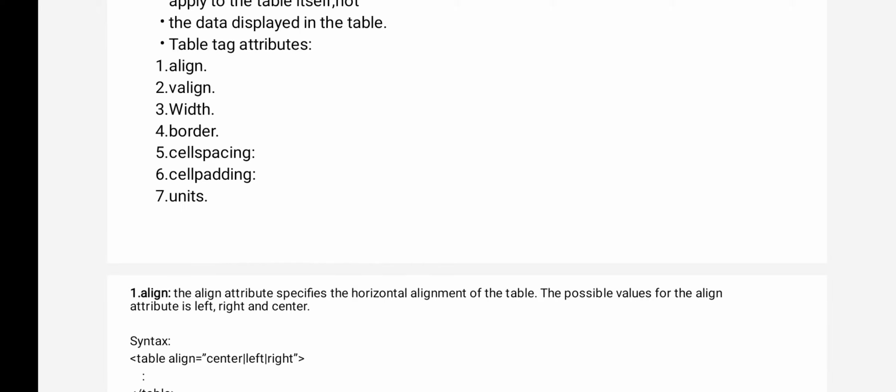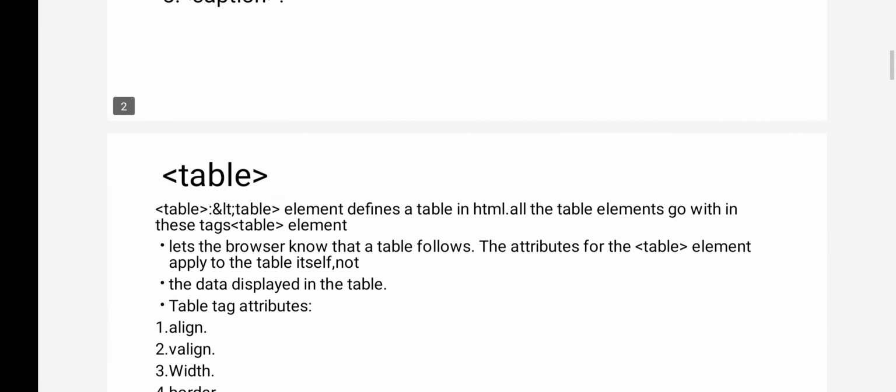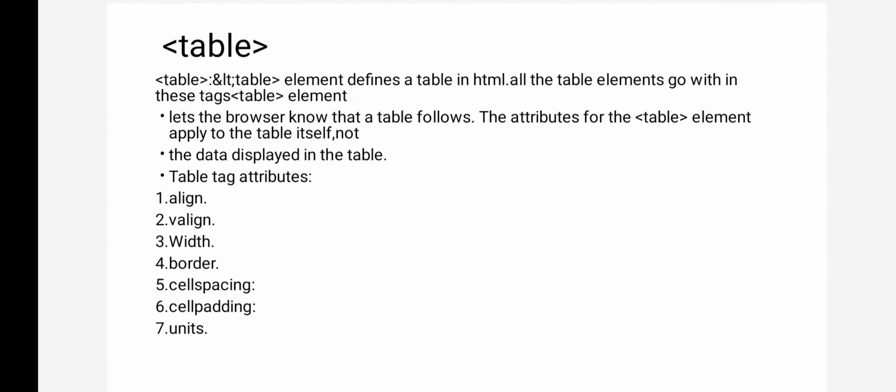The table element is called the root element. Root element means this should be the first element in a table structure. Whenever you want to create a table, whenever you want to display content in a tabular format, your table opening tag should be the first tag. What is the use of this tag?